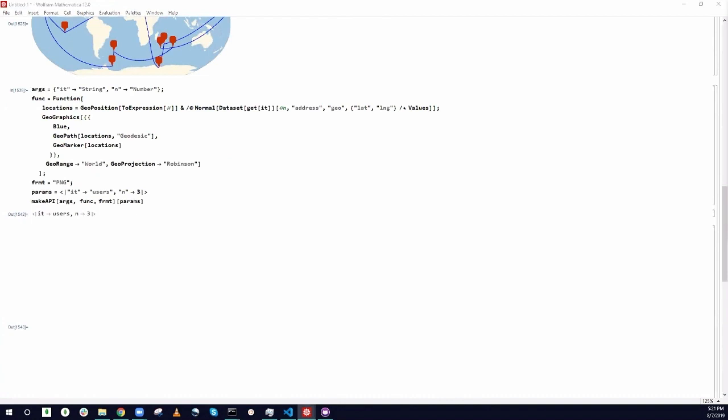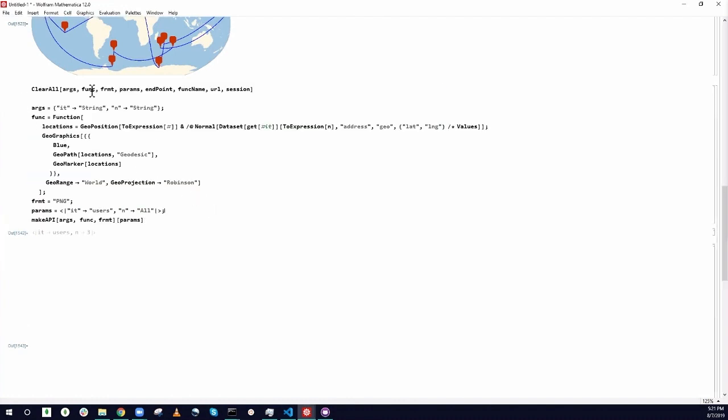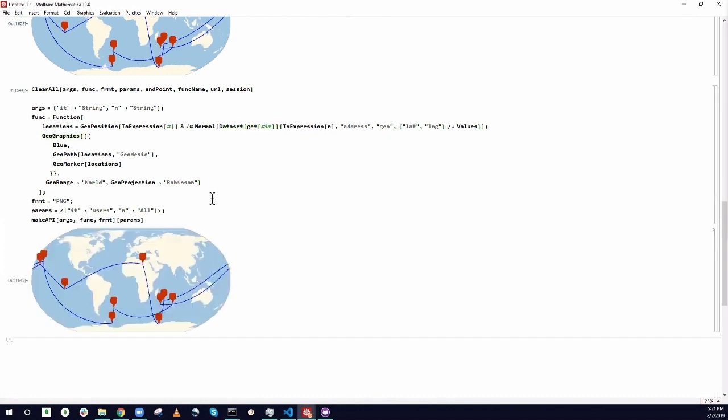So here's what I'm going to do. This clear all is going to clear all of this, right? We have the IT string there. It passes the string too, although, see, I do use a to expression there. Okay, all right. But anyway, we're off to good. Okay, so there you go. We've got the image in good form, and